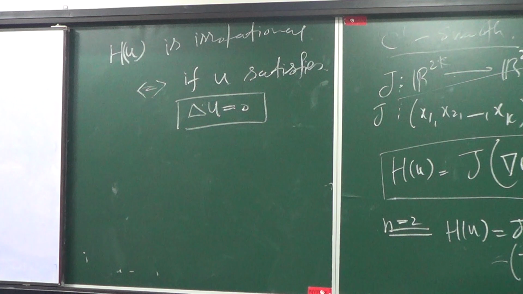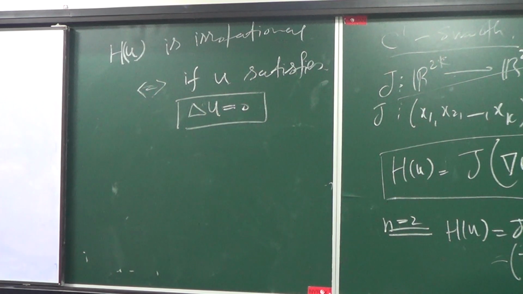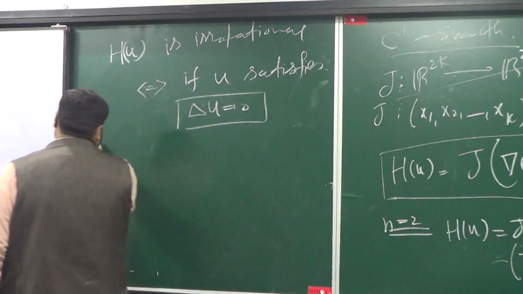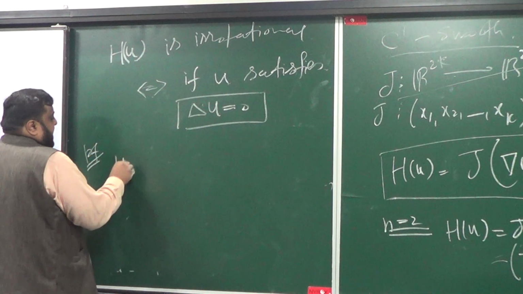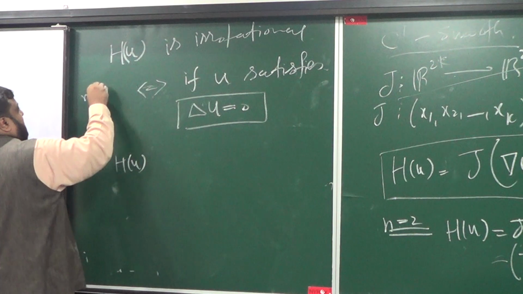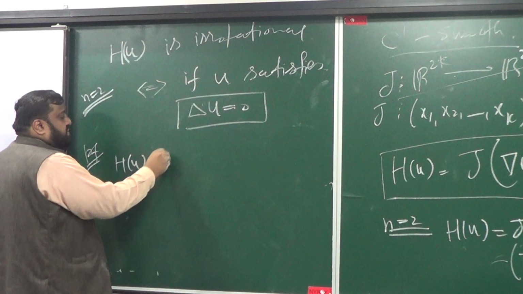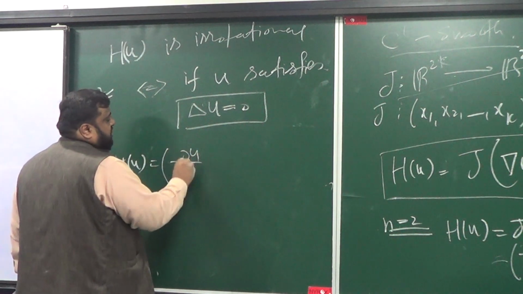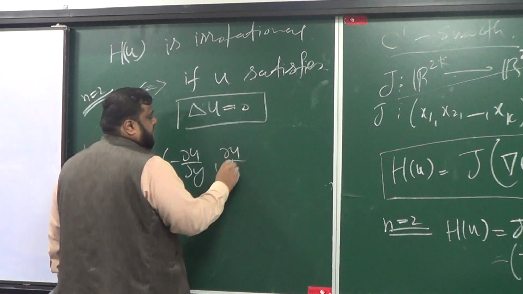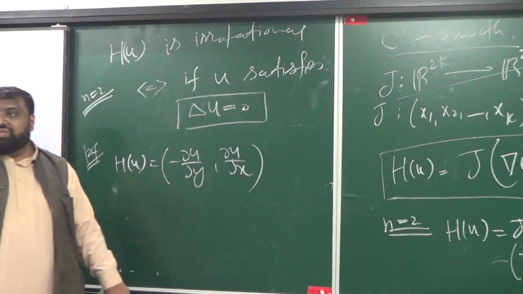Rotationality का वो constant होंगे और वो derivative लेंगे तो ये हो जाएगा. Why this must be? Think about it. What is the meaning of irrotationality? Okay. Let me write a quick proof of it. H of u is what? In 2 dimensions, so I'm in dimension 2, obviously. H of u is this: minus partial u by partial y and partial u by partial x. So when this is irrotational,